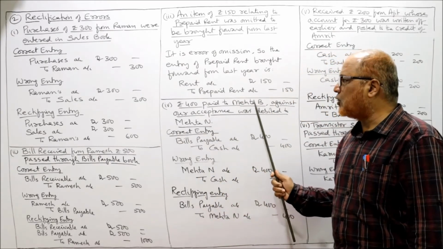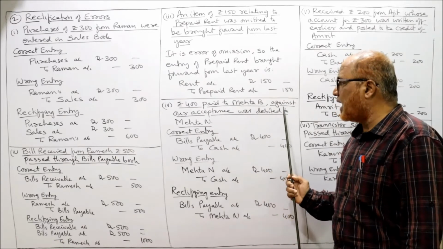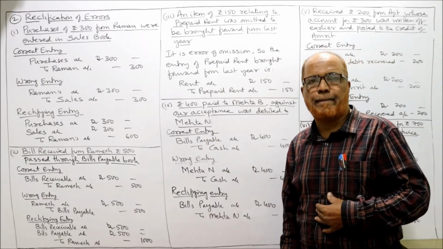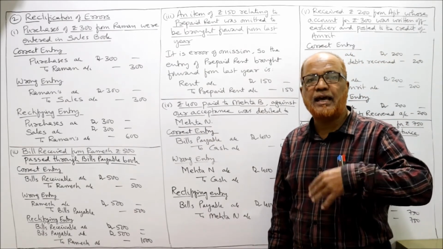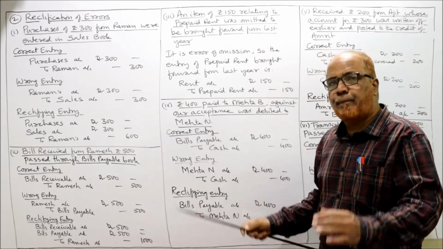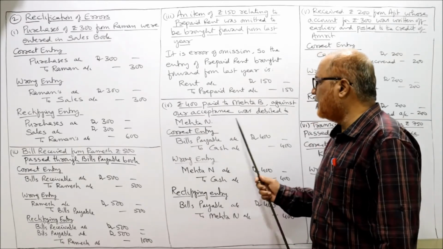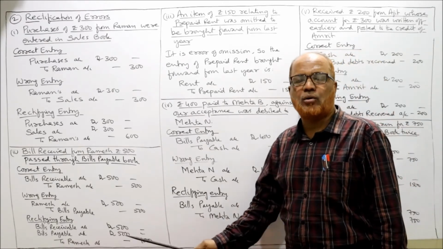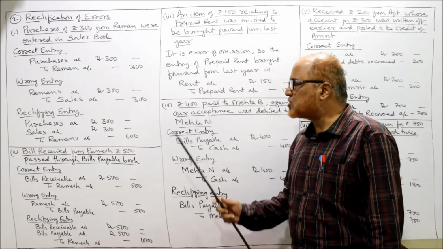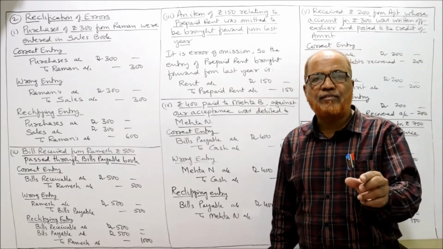Rupees 400 paid to Mehta B against our acceptance. That means we have accepted a bill which is drawn by Mehta B, and we have paid the amount on the bill. It was wrongly debited to Mehta N account. Now see here. First of all, when we have paid the amount on acceptance,